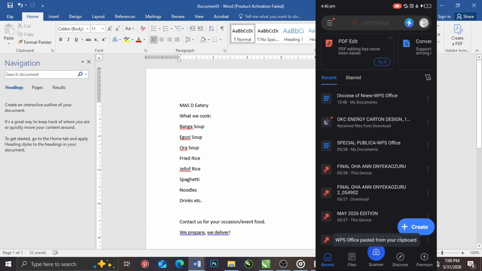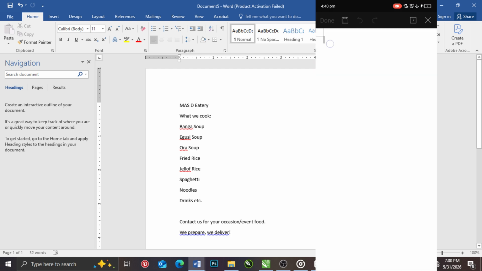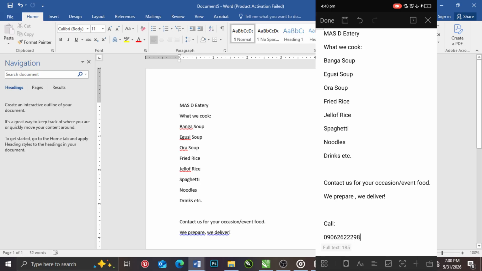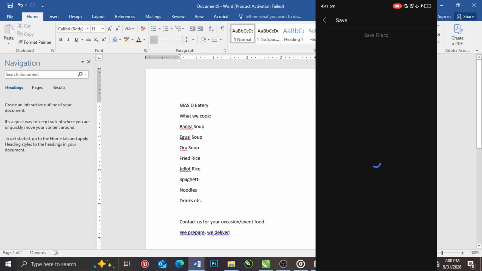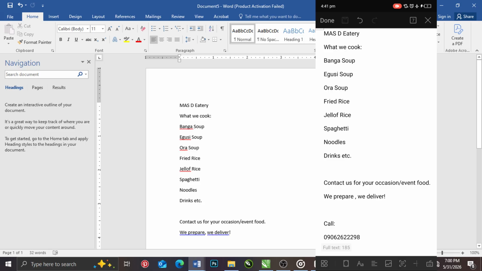You have to have this application in your phone. Click on create, click on documents, click on the plus sign, that is the blank. Then paste the text. You hold and paste. You should know how to paste. Now save it. Save it inside documents, give it a name and click on save. And that's it. You now send it to